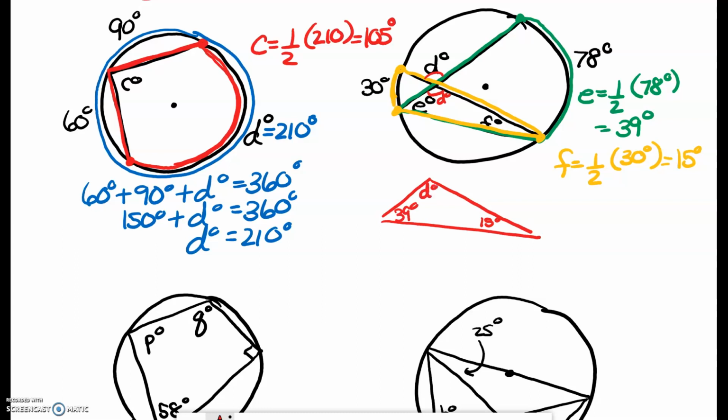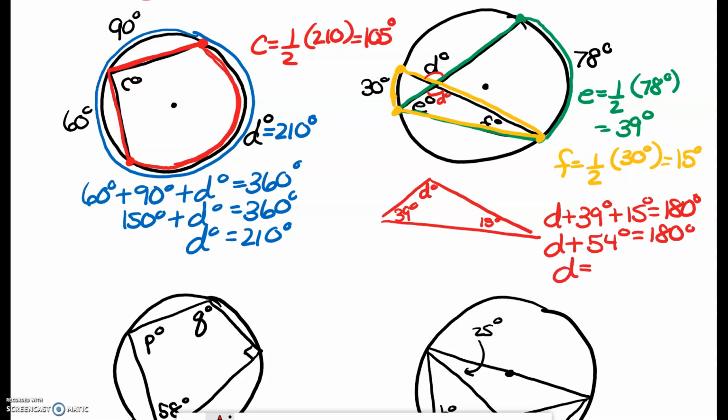I know in a triangle all my angles add up to 180, so I should have D plus 39 degrees plus 15 degrees is 180 degrees. D plus 54 degrees is 180 degrees. D is going to be